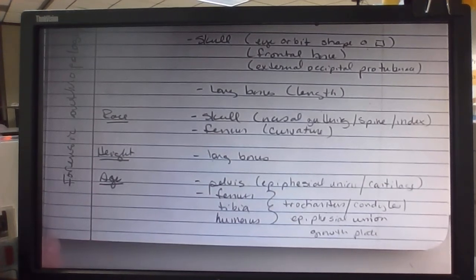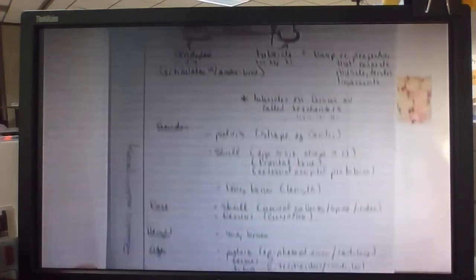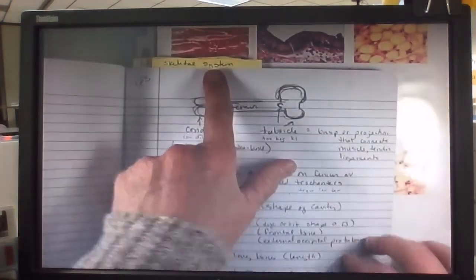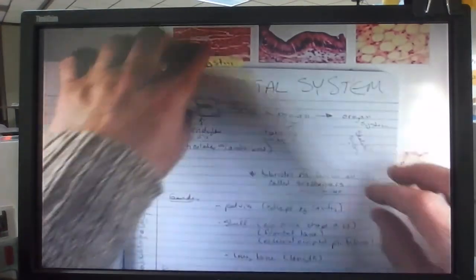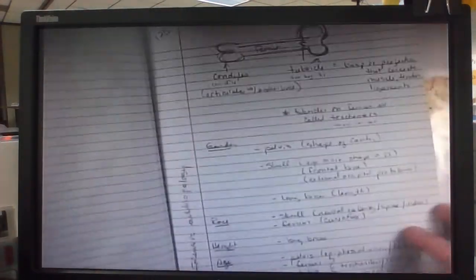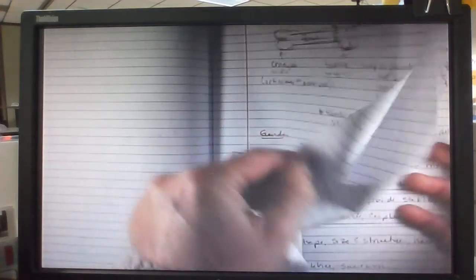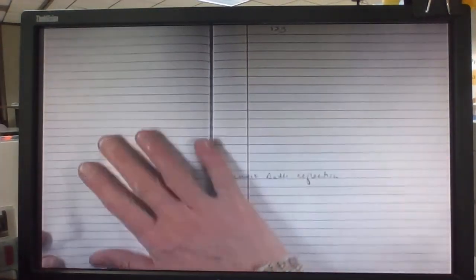I would suggest a big post-it note. I mean, you don't have to, but I'll show you why here in just a minute. So HBS, Human Body Systems, is about organ systems. Since we're going to be looking at some of the same organ systems that we did before, but a little bit more in depth, sometimes a post-it note might help you get right to where you need to be within that section. And so I would go ahead and leave a couple pages for your forensic anthropology stuff,